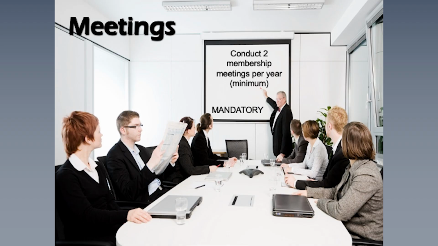The next slide talks about meetings. It is mandatory that you conduct at least 2 membership meetings per year. Now, if you have a smaller division or you know someone with a smaller division, you may be thinking, even two meetings is a little bit difficult for us. That's okay, because maybe you have like a summer picnic and you hope people come, or like a holiday party during the holiday season. Those count as your membership meetings. That's okay. Those do count. So if you're having a special event, those would count as a membership meeting.